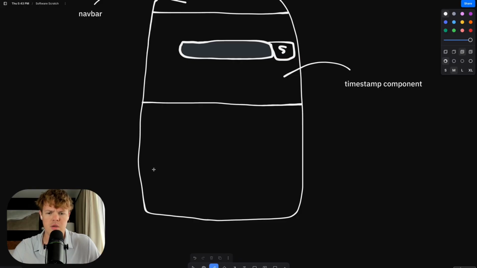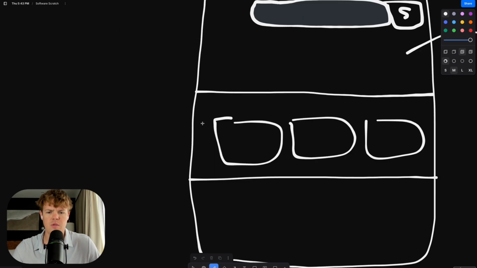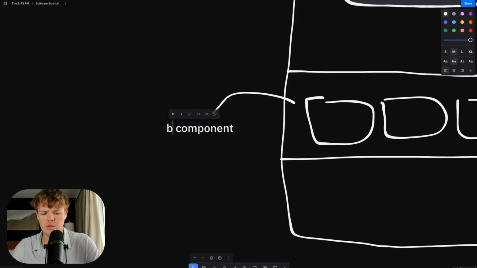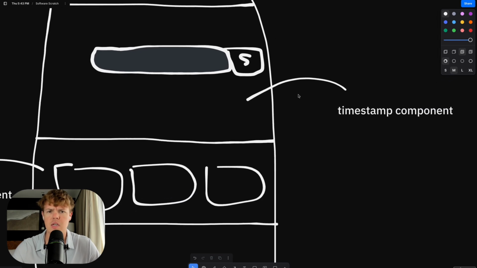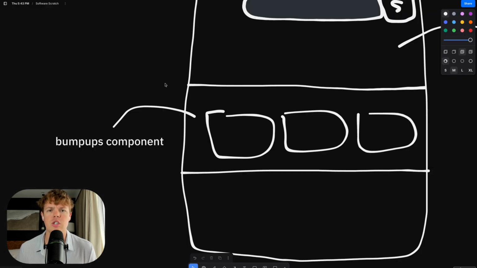After the timestamp component, we're going to add another section here that's going to link off to bumpups.com. So I'll just add little cards here for now. This one we're calling bumpups component. Now, this is twofold of why I'm doing this. First off, the way we're even getting the timestamps is using bumpups API, as referenced in the earlier tutorials, with this timestamp endpoint. And in addition, this bumpups component is going to link off to bumpups.com, so users that maybe want to get more out of a video other than timestamps